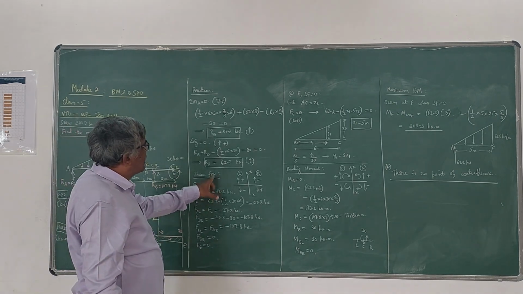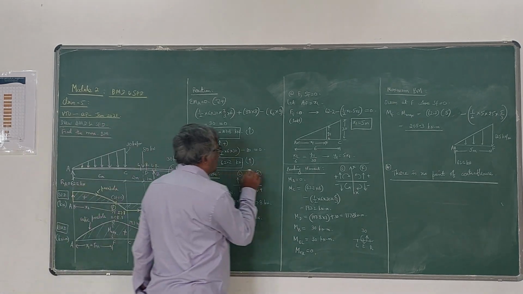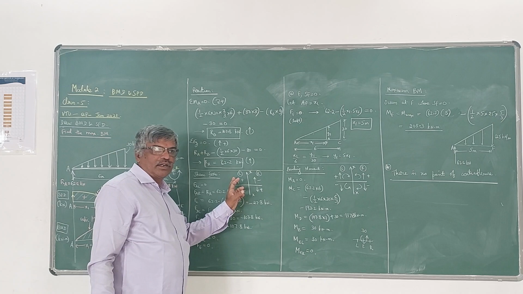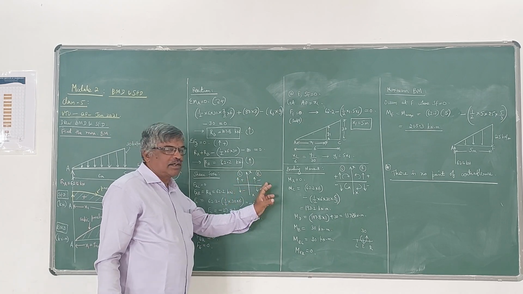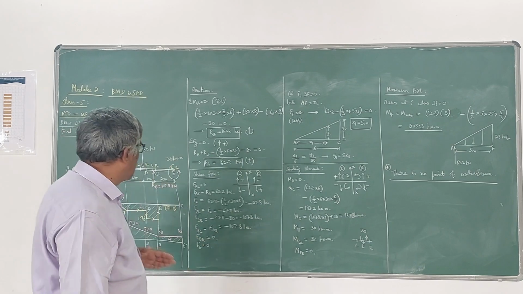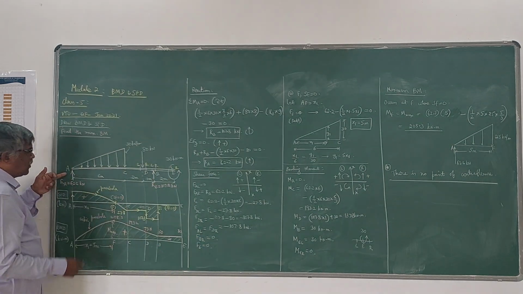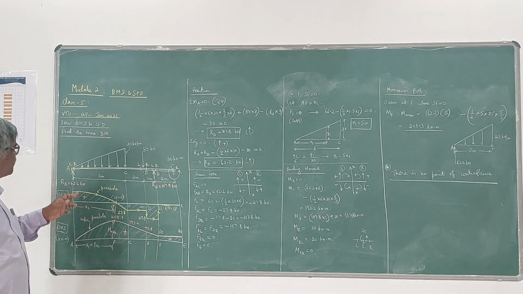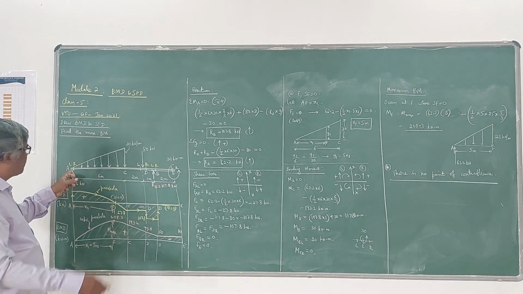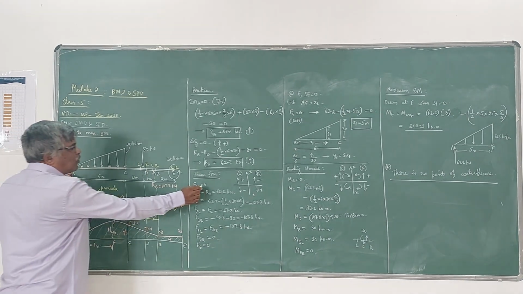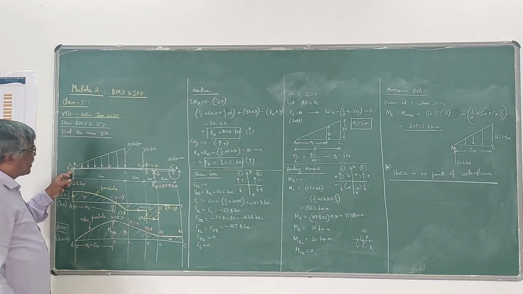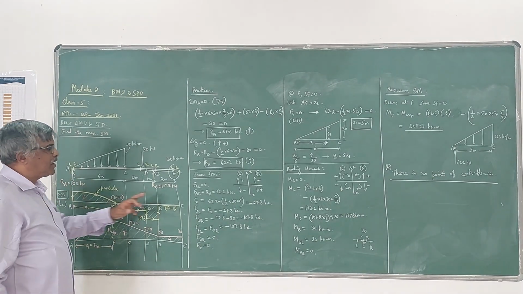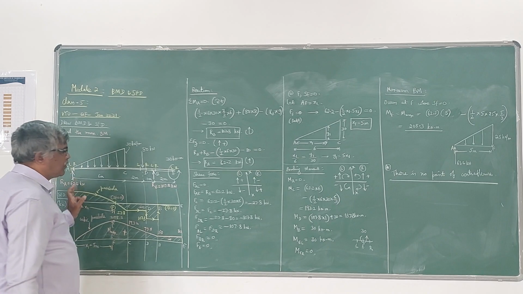Now, let us find out the shear forces. As in the last problem, the sign convention for finding shear force is: if you are considering the left side of the section, upward is positive and downward force is negative; on the right side of the section, upward is negative and downward is positive. Now, let us move from the end A. At the end A, you have left and right. If you take the shear force to the left of A, it is 0 because there is no force. But FAR, if you see the left side, this reaction is the same. That means FAR is nothing but your reaction at A, which is 62.2 kN.